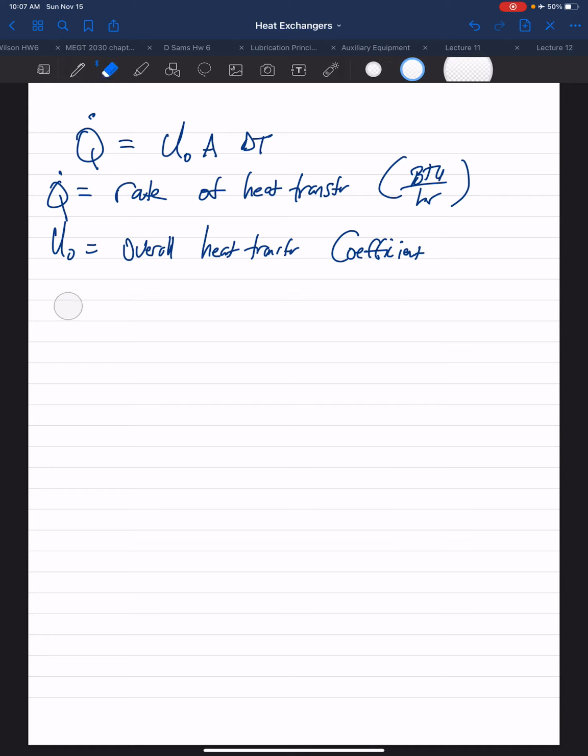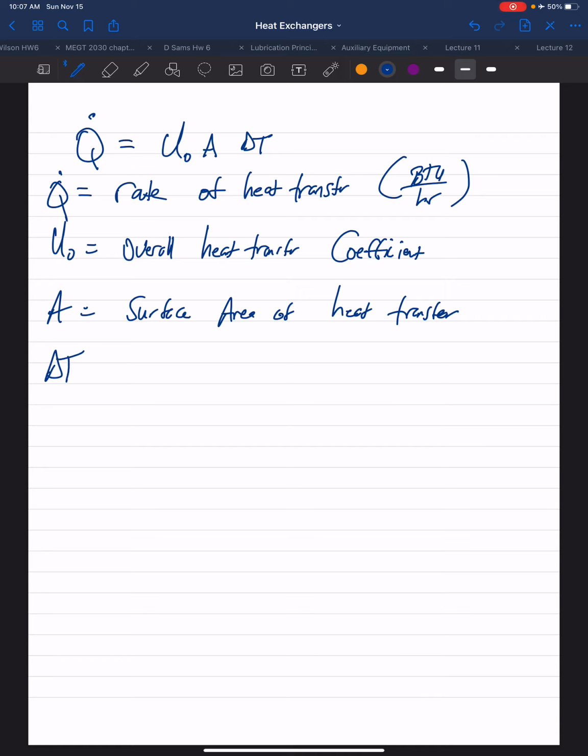A is the surface area of heat transfer. Remember, we're talking about surface heat exchangers, not direct contact. And remember, we said earlier we were going to come back to the surface area and discuss that a little bit further. And delta T,